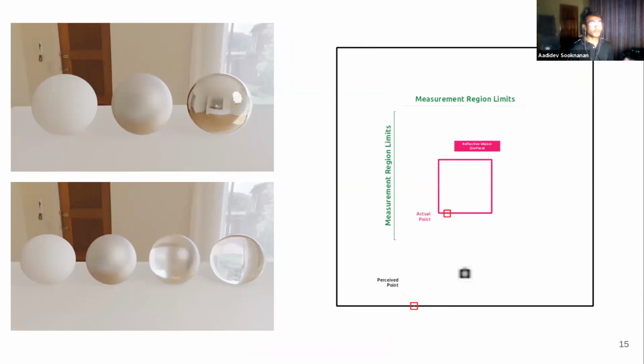However, there were quite a few challenges in terms of measuring the points. So in order to map points on a shiny or transparent object, an issue was that points reflected off of the shiny object and points that lay behind the transparent object were also being considered in calculations. So for example, if I have a block of glass, it would map points 10 feet behind the block, or if I had like a mirror, it would map points reflected off of the mirror behind me and attempt to